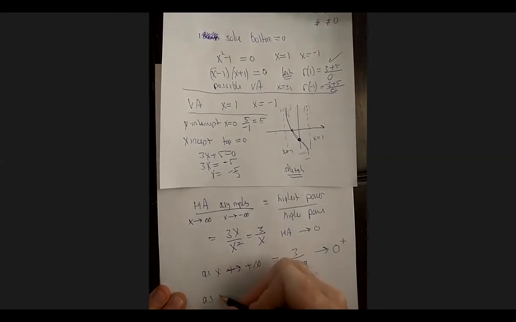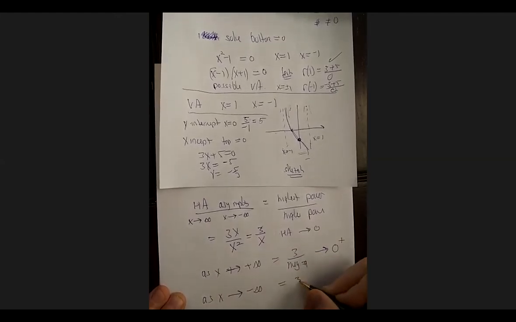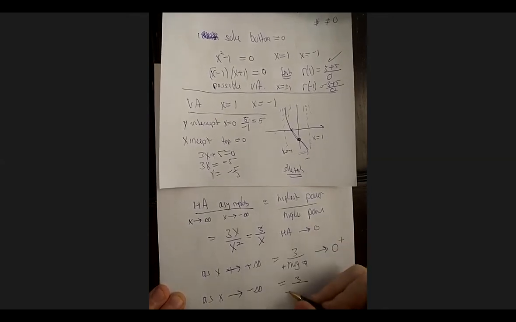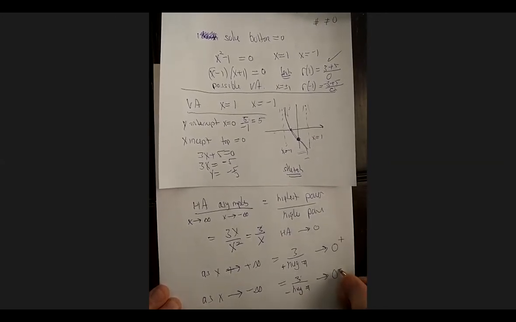And then as x approaches negative infinity, that's going to be 3 over a huge positive number times a huge negative number. Again, that's going to approach 0 because the ratio is going to be really big. You could plug in a huge number like 1 billion, and I think you'll see that. But since it's coming from negative numbers, it's going to approach it from below.